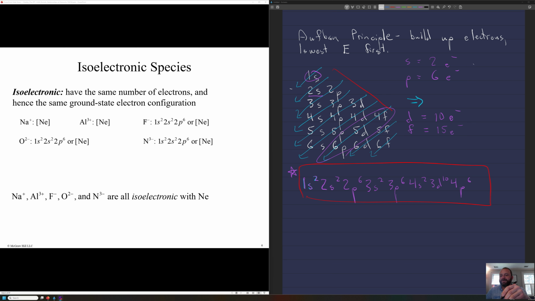So as here we're talking about isoelectronic species, which more or less just means that 2 different elements can have the same electron configuration, and that can happen several different ways. One can gain an electron, another one can lose an electron. And so in the example we have here,